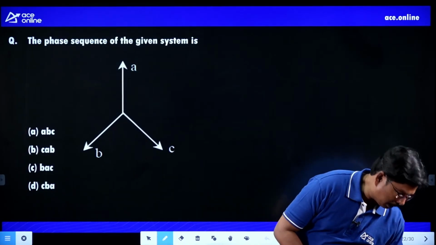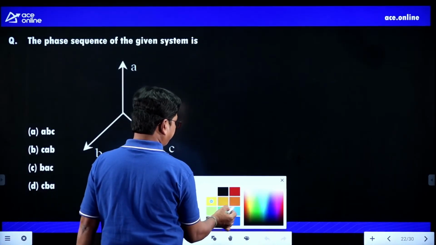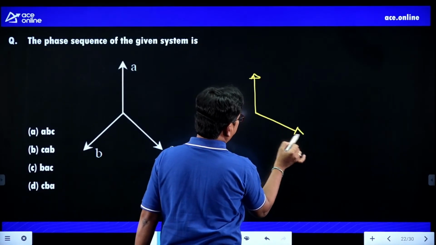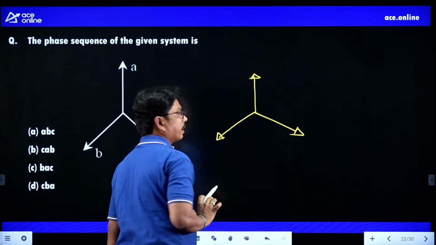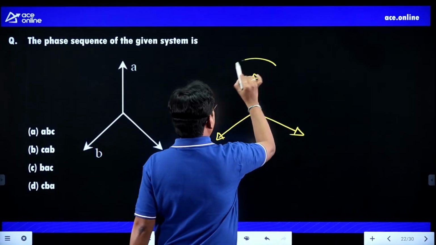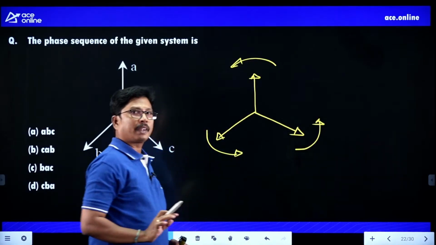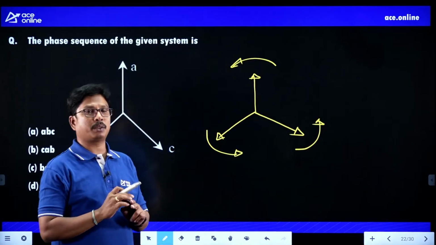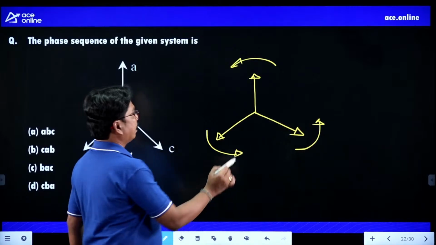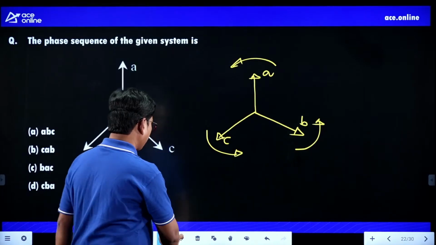Right. I will explain how to give the phase sequence. Students, every time, whether it is a positive phase sequence or a negative phase sequence, represent them in the anti-clockwise rotation only. Actually, the positive sequence rotates in the anti-clockwise direction and the negative sequence rotates in the clockwise direction. But to have uniformity between positive and negative sequence, every time we represent the quantities in the anti-clockwise direction. If it is A phase, B phase, C phase,